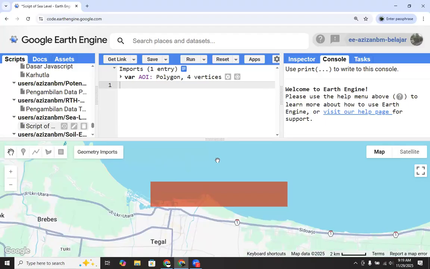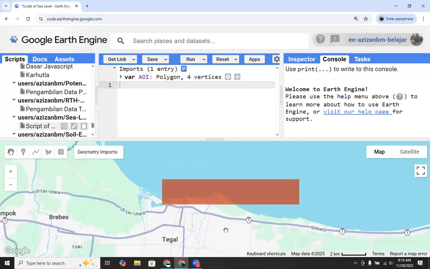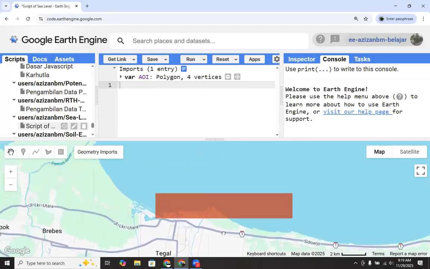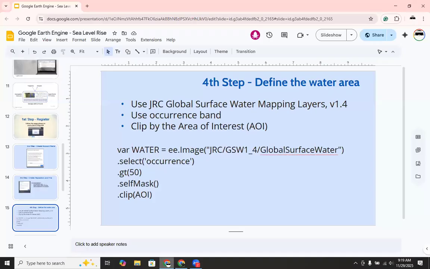So we can still see the area of interest, but how do we define only the water area? We can use the GRC Global Surface Water Mapping Layers.